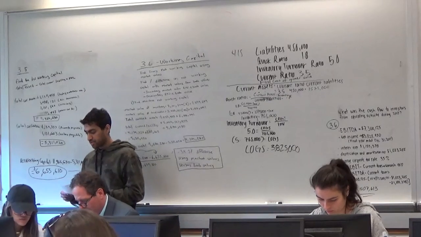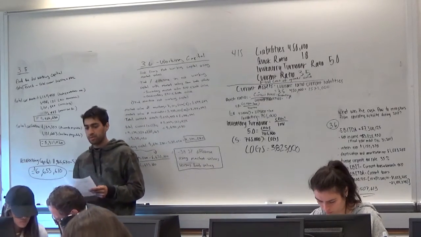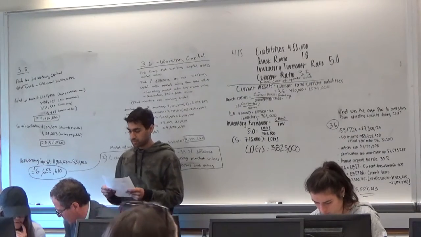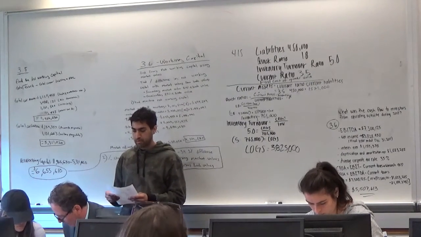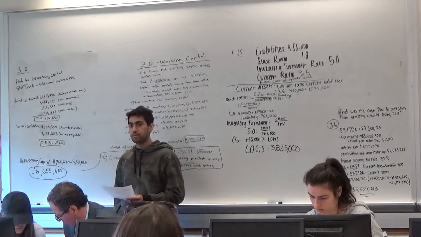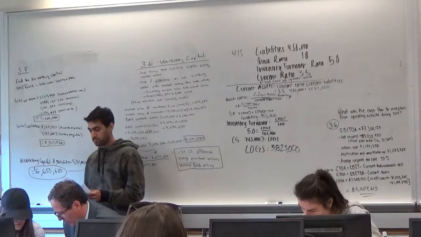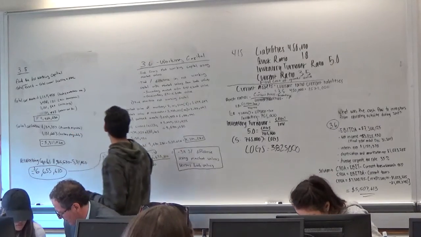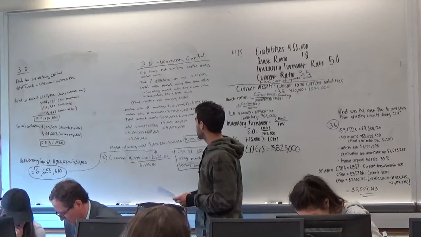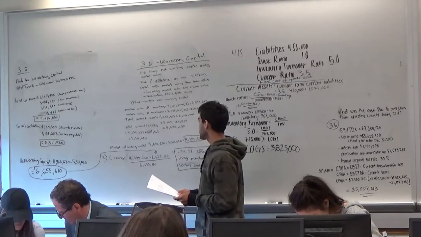So my question has 2 parts. The first part is to find the net working capital using market values instead of book values. And then the second part is to find the percentage change in net working capital when you switch to market values from book values. So starting with finding the market net working capital, you have to take the market value